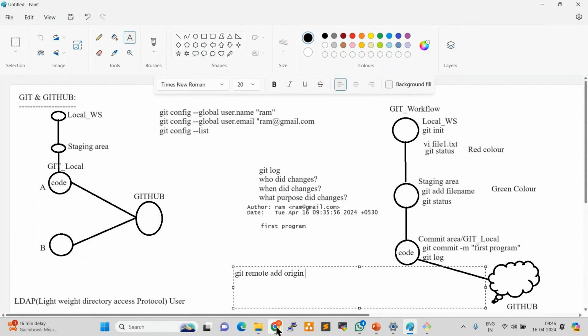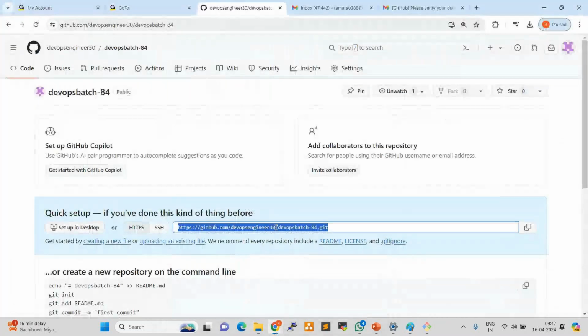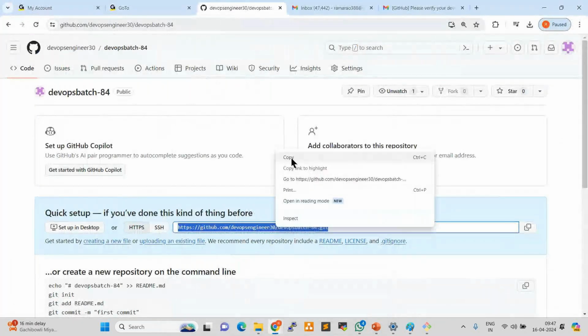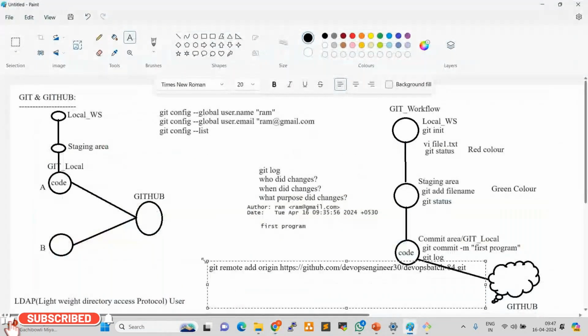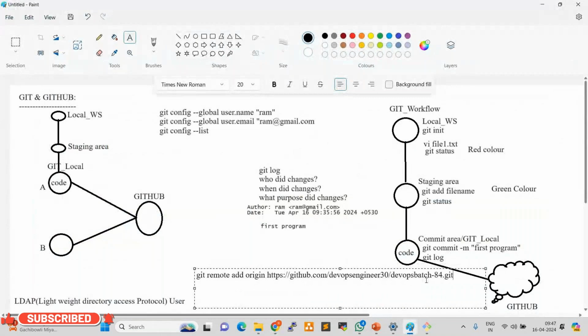So copy the remote repository URL. Copy this one and paste it. See, this is the URL to establish the connection between local and remote. After that, if you want to push the code from local to remote, git push -u origin